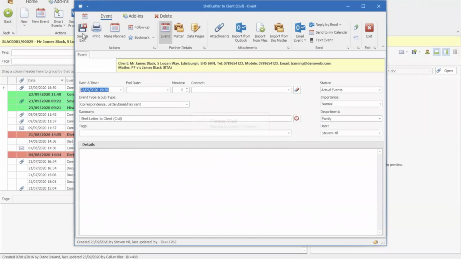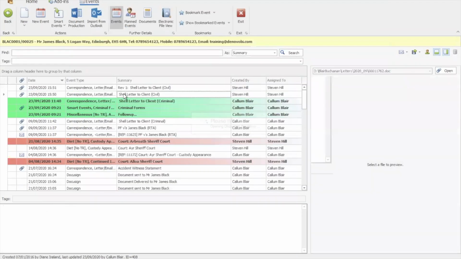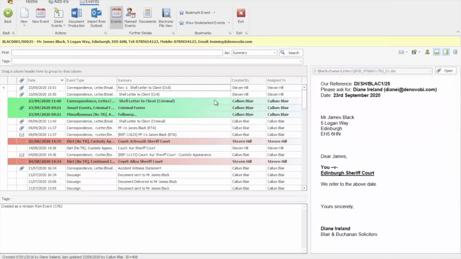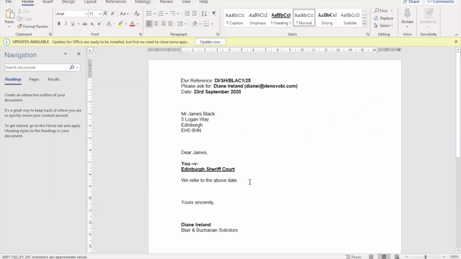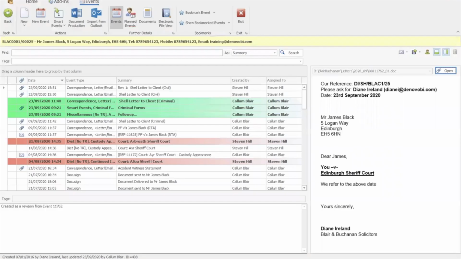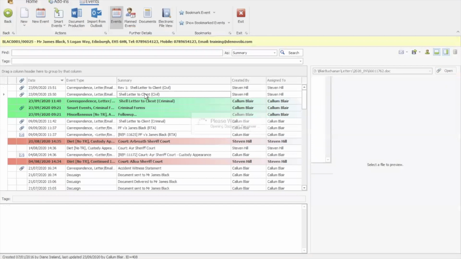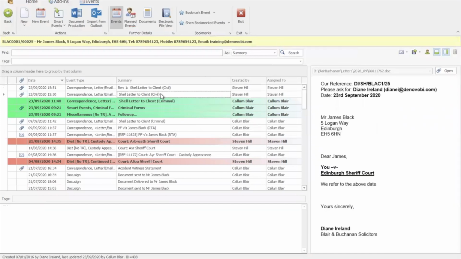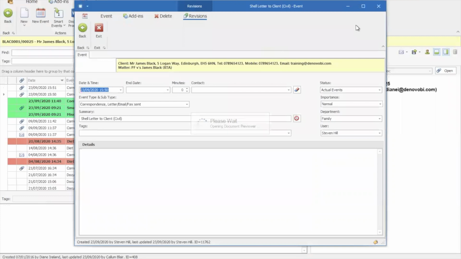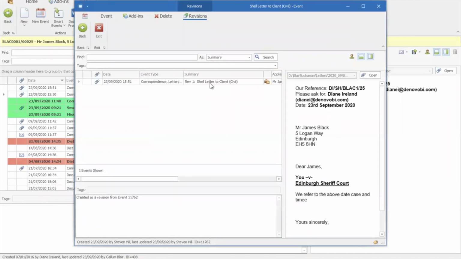So if we hit save and exit on those, you'll see I've now got my original shell letter, but I've also got revision 1. So that document is essentially the same. But if I was to open that up and put some other information in there, I'll just put a couple of bits of information in there and hit save. And we then go into the event, we can click on view, and you'll see all other revisions against that particular one. So we've got the original one, but we've also got the